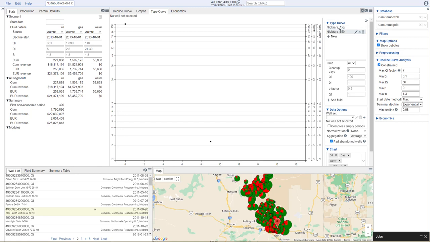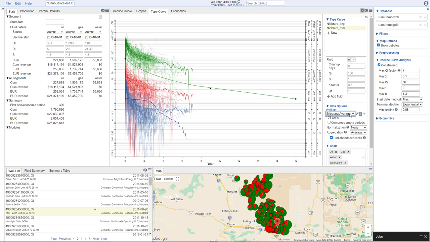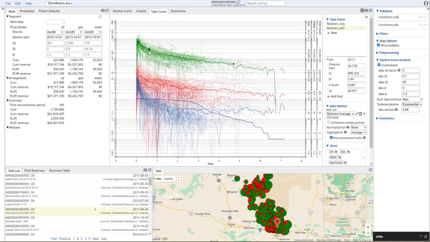Okay, once we do that, we've created that P50. We just come down here and we select our well set. Now, even though I've called this well set Niobrara average, these are just the wells here. We're going to be using the P50 now for our aggregation. And what I'm going to do is repeat that same style of analysis where I'm focusing on this early time data where I've got more wells. Okay, now my bold, highlighted one here is the P50. Once again, I'm going to do that for oil,